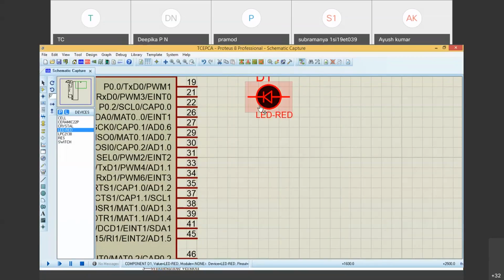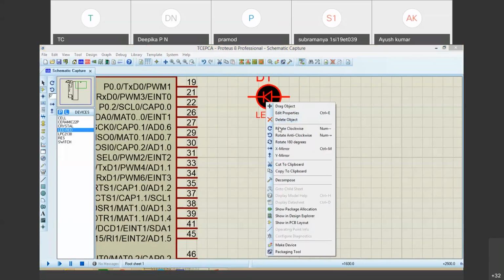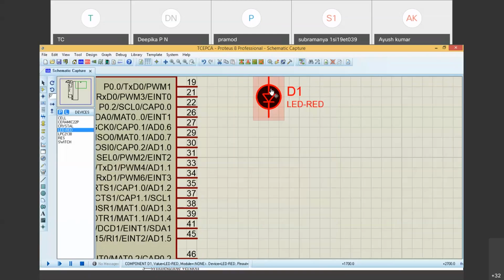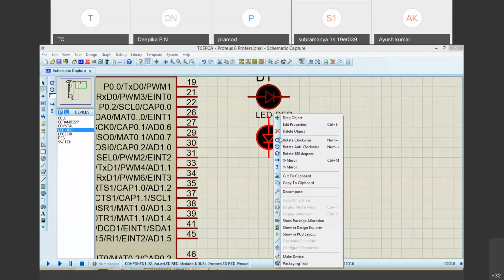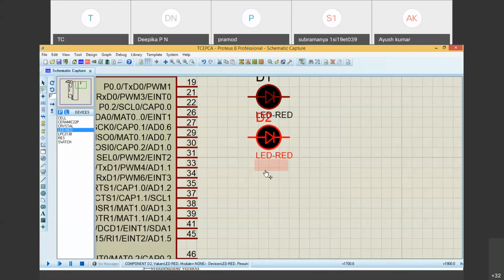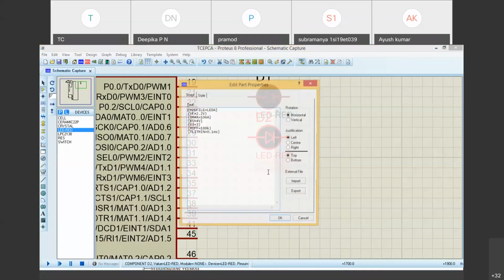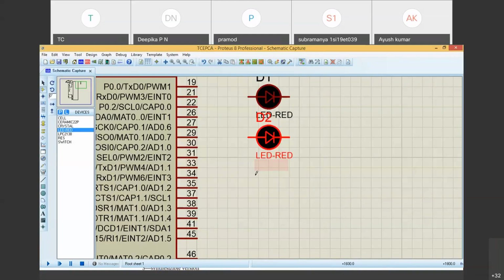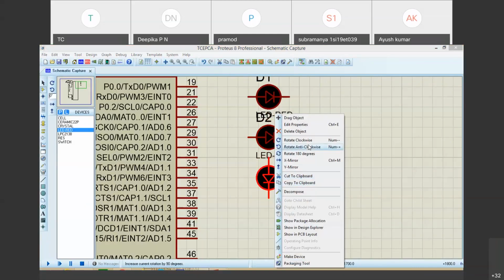If it is showing this direction, rotate anti-clockwise. Like this. Again I'll click here for the second LED, right click, anti-clockwise. Again the same way, the third LED I'll put here. Sorry, if I click on the name, it won't paste. Again I'll click here, right click, anti-clockwise.